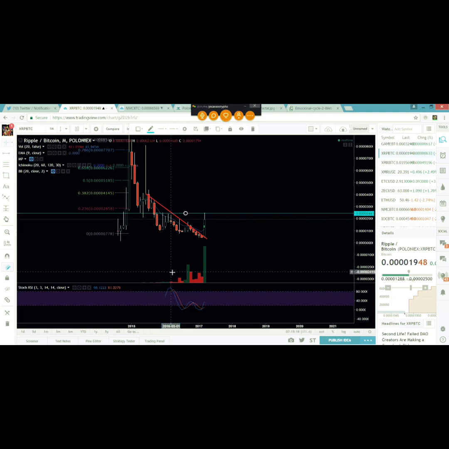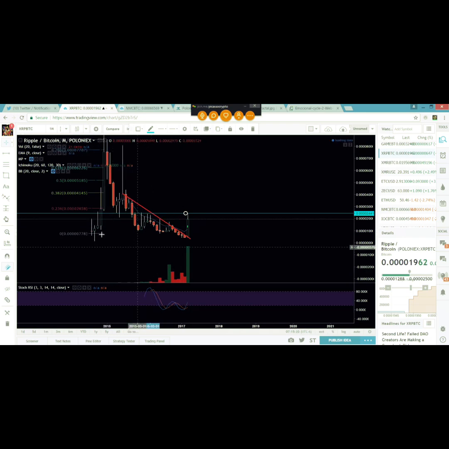2,500 serves as a very important psychological number for this coin several times, meaning that this month right here, it found resistance at that point after it did its bubble. This month right here, it bounced off of that price point. This point right here, it went through it, but it came back up. Here it basically bounced off of it. Here it crashed through it, and here for almost 3 months, it couldn't beat 2,500. So logically, when this thing wants to break out, what's the first price area it's going to want to clear? 2,500. It's going to revisit that price zone, that expansion in price, because it has to clear that to be able to continue on.